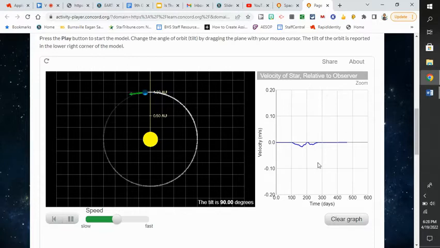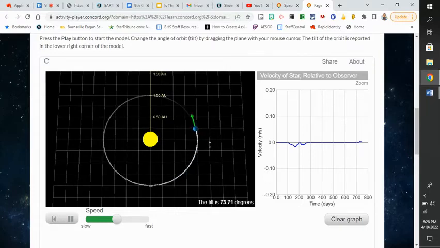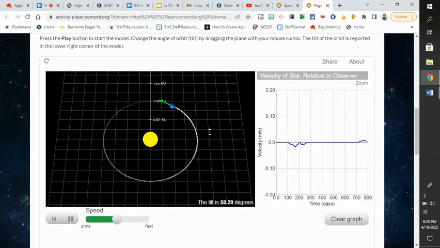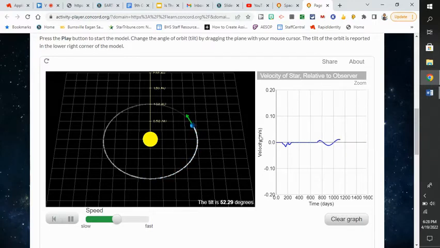You'll notice in the graph, there's no way we can tell the velocity of the star relative to you. The planet's going around the star this way, so the star is not moving toward nor away from you. But you can tilt it. And as we tilt it, we can see now we're sensing some amount of wobble. Okay, we're seeing where the velocity of the star is moving